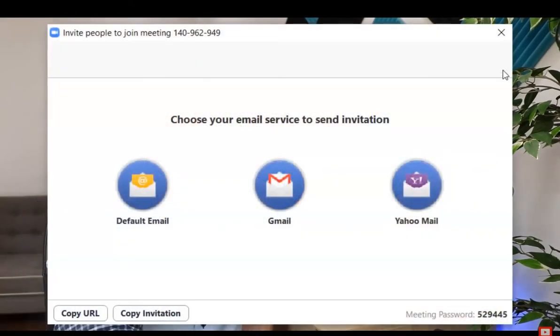doesn't. This, however, does not stop them from forwarding the URL and password, but once they're in there, you have some additional controls that you can use. Now we're going to close this box, and I'm going to show you some other